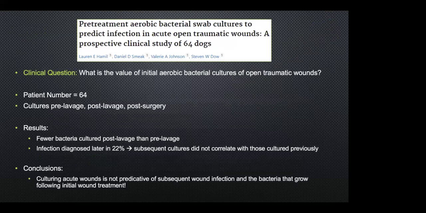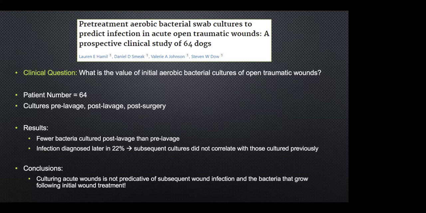This paper looked at 64 dogs. Their question was to answer, well, what is the value of taking initial cultures of open traumatic wounds? And Valerie Johnson is actually a criticalist at Michigan State, so she's on this paper, but they looked at a good amount of dogs where they took cultures before lavage, after lavage, and then down the road during surgery. And the top result here, I mean, this makes sense. Fewer bacteria were cultured post-lavage than pre. That makes sense, right? We're rinsing away a lot of those superficial bacteria that don't actually go on to cause